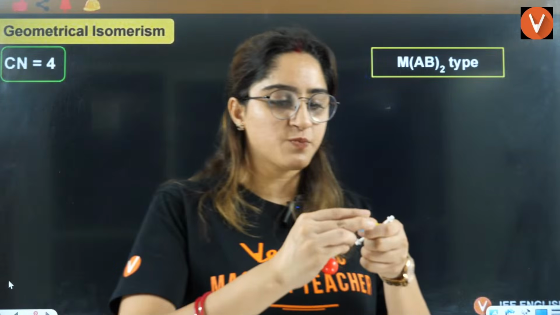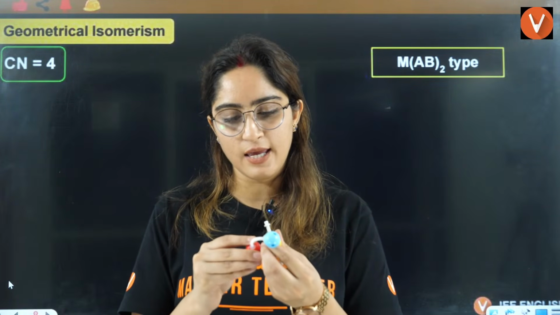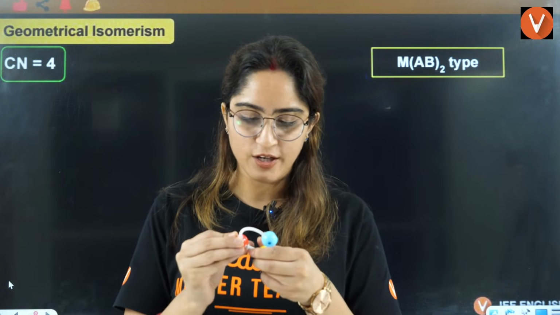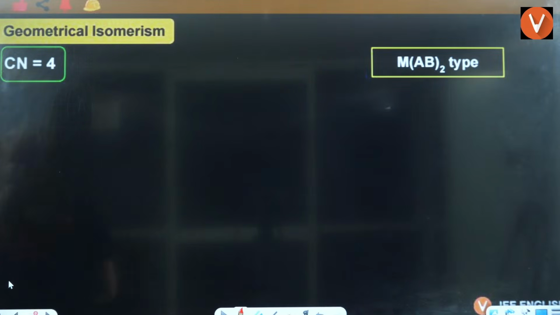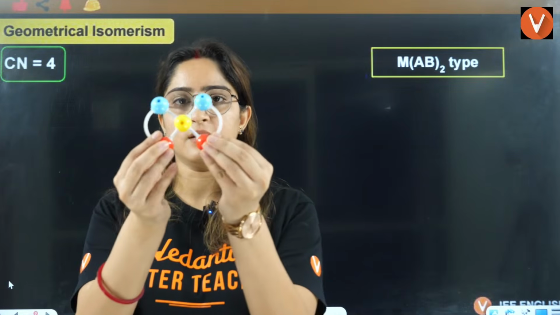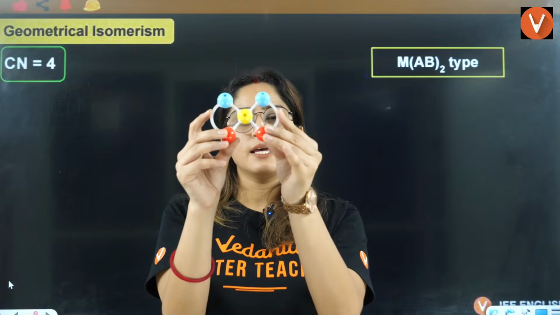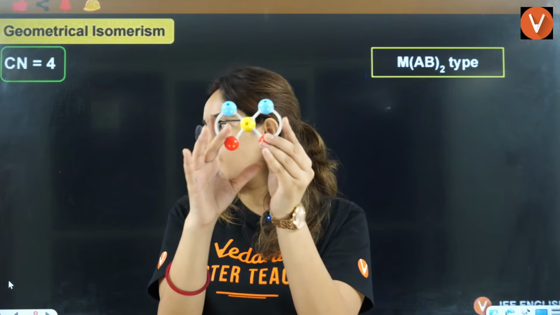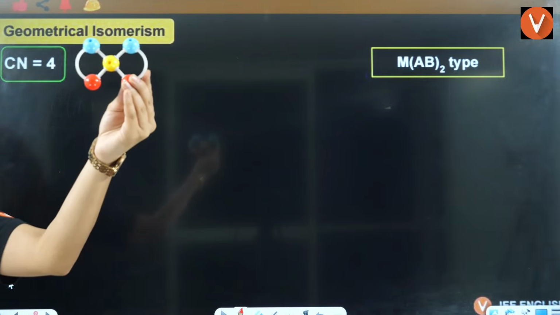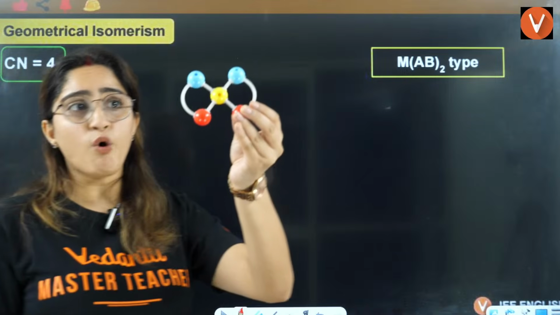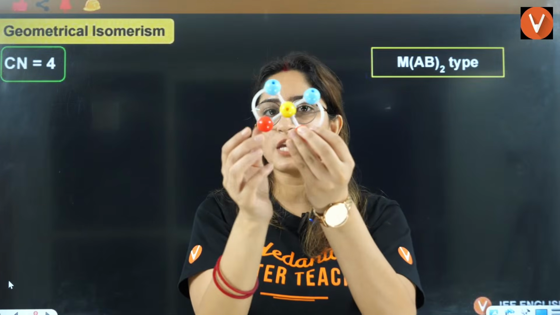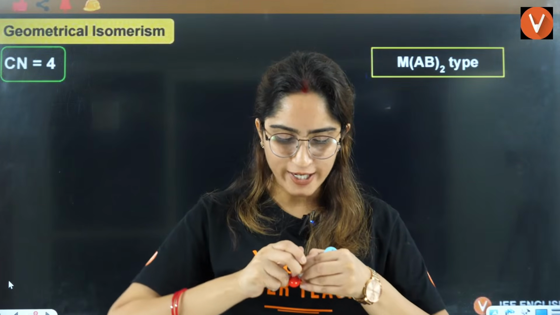Now, if I put this B here and this A here, this is a little tough, or I can actually do it like this. AB, and this is B. Tell me, guys, is this cis or trans? Is that possible? Here, two same are next to each other. If I draw it like this,